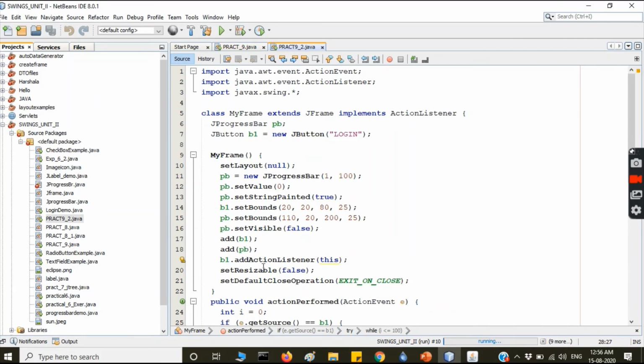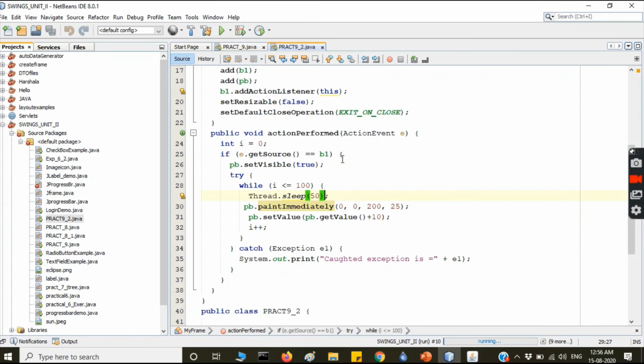So we are adding the listeners here. When user clicks on this button, the action should happen. That's why B1 dot add action listener. So these listeners we will see in the next chapter in detail. Is it clear? And we have written the code to close this frame. And after that, when you are using this action listener, you have to implement this actionPerformed method to make this event handling.